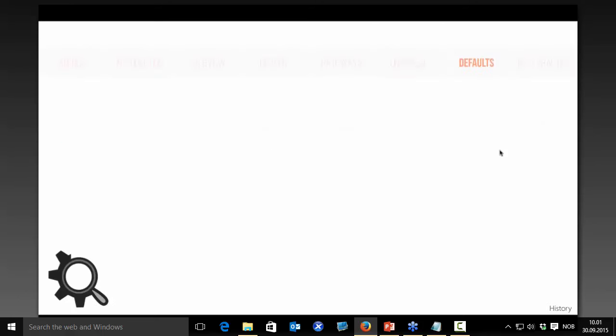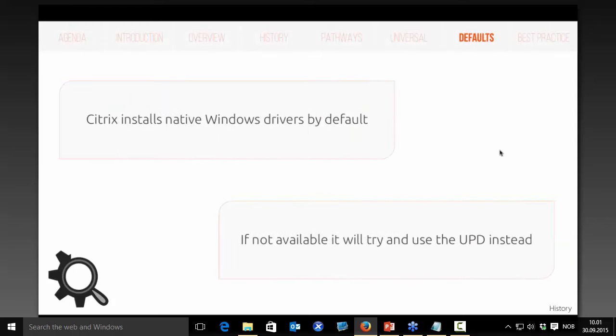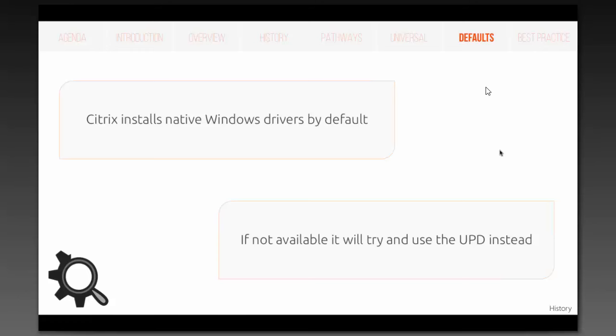So if we have a look at some of the defaults that go with this, then if needed, Citrix will install native Windows print drivers by default. Because what happens is, as soon as a user has a session on the Citrix server, during logon, for example, Citrix will check the print drivers installed on the client device, and it will try to match those with locally installed print drivers on the Citrix machine. So if it can find any, and those need to be exactly the same, by the way, so the names have to be alike, the version numbers have to be the same, and so on and so forth, it will try and install Windows native drivers from the base OS,